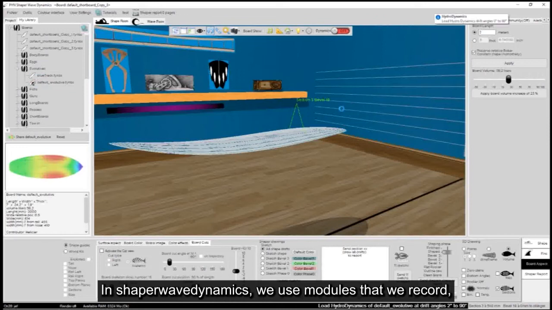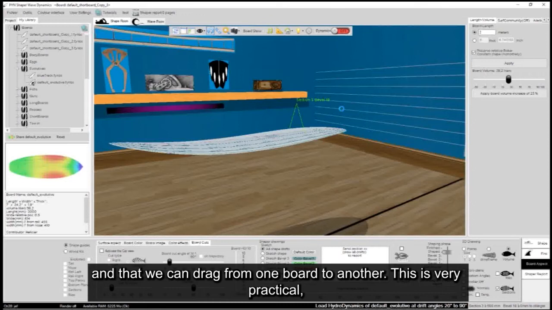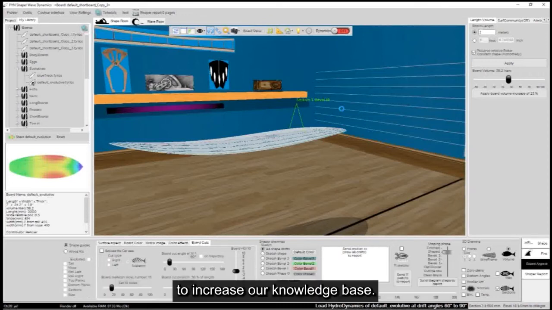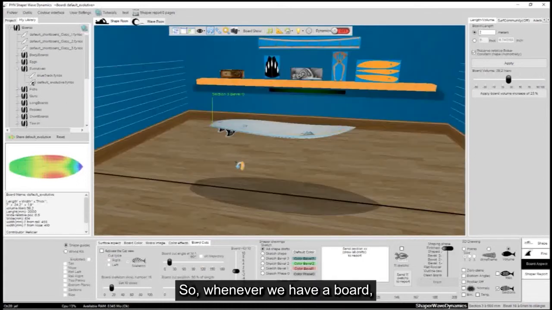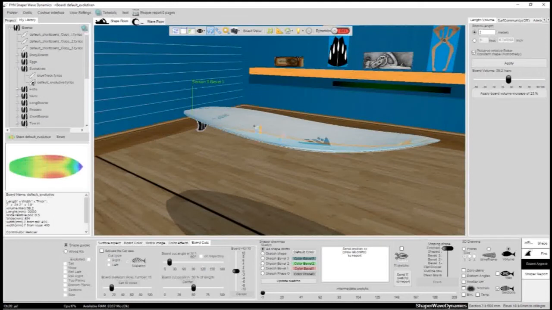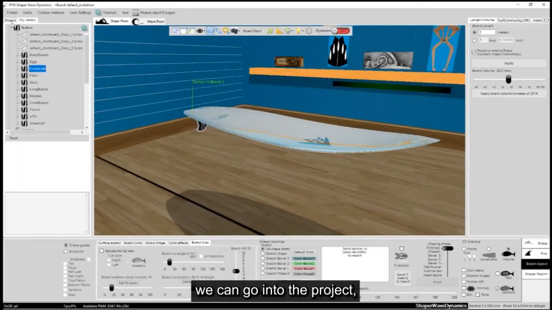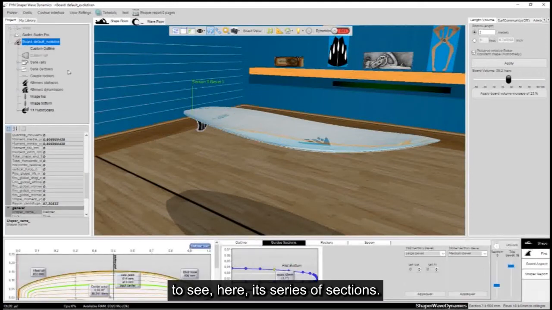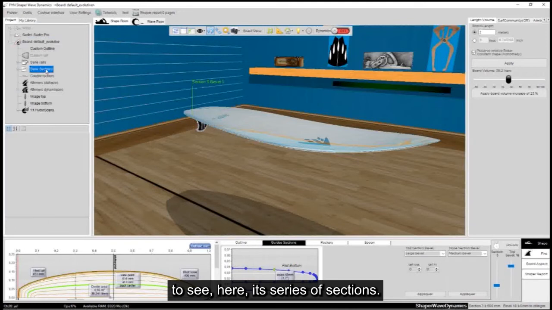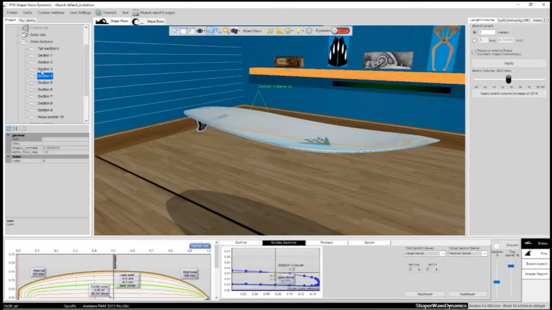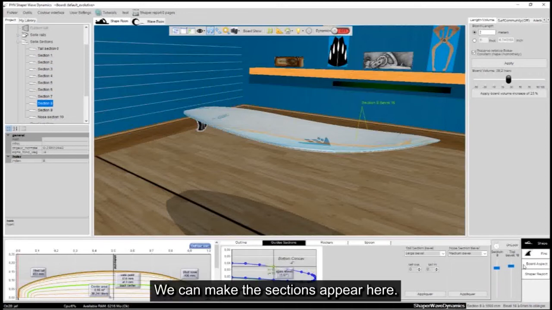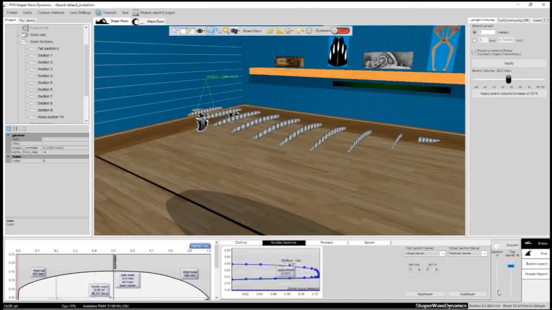In Shaperwave Dynamics, we use modules that we record, and that we can drag from one board to another. This is very practical, to increase our knowledge base. So, whenever we have a board, we can go into the project to see its series of sections. We can make the sections appear here.